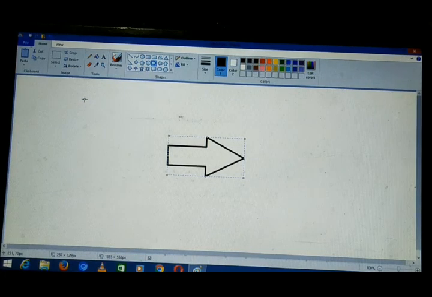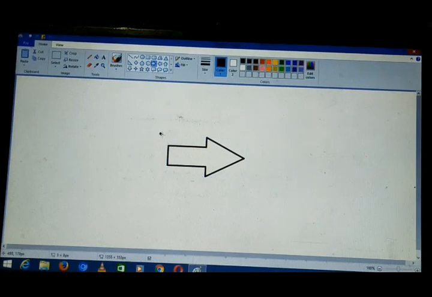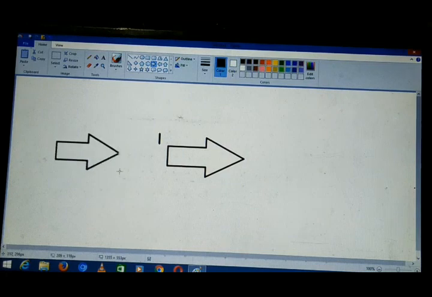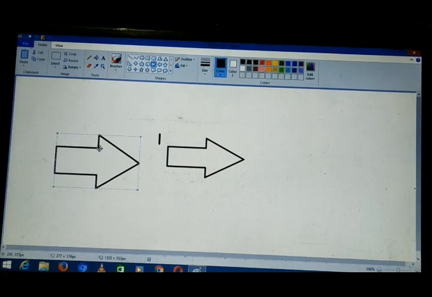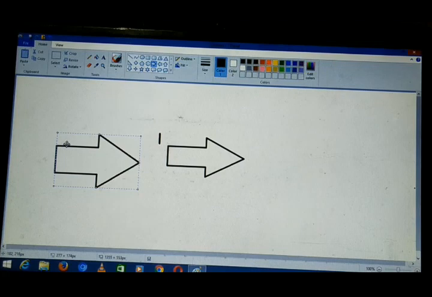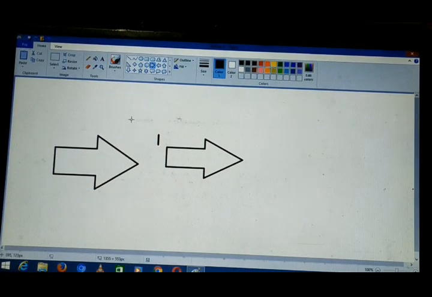Now the other thing which I wanted to show is about the resize option. Resize is basically, if I'll be selecting this arrow, and from here I can resize it also. Resize means you want to change the size. So from where we can change the size? From the image group options. See now, resize option we are getting.